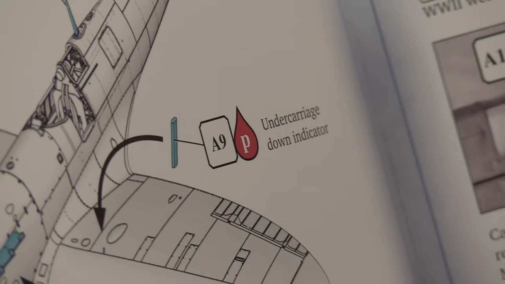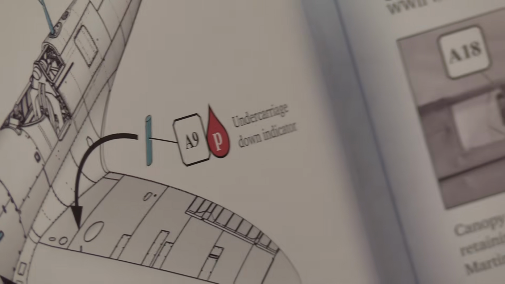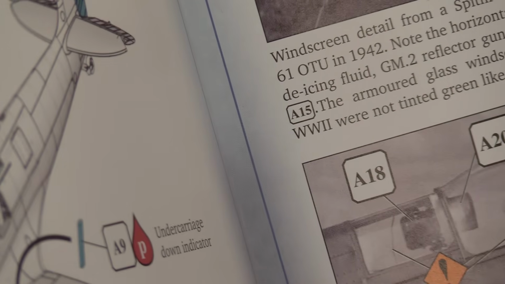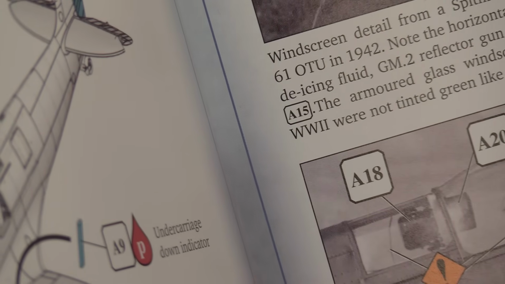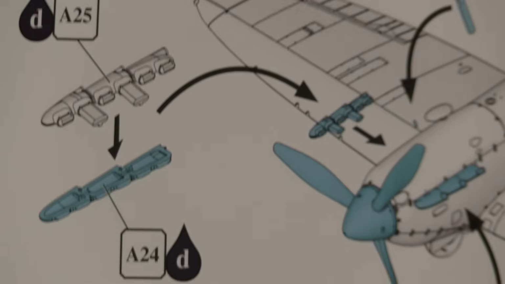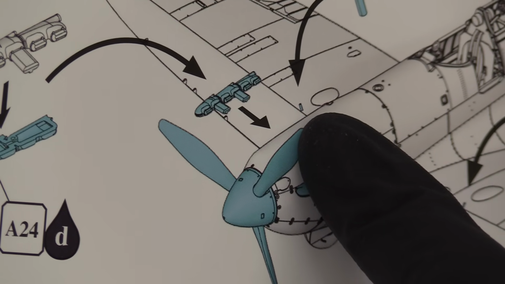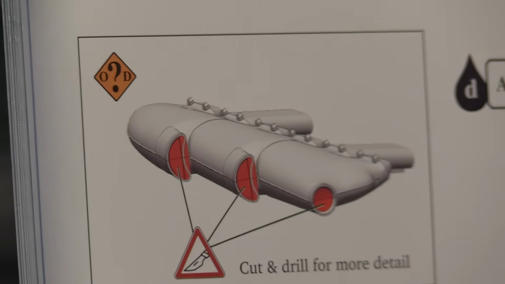You've got the undercarriage down indicators. Oh, they're like a little pip. It sort of exaggerates it because of the way it shows it here, but they're actually just a little pip that sticks up when the undercarriage is down. It's a visual aid for the pilot. And then you've got these